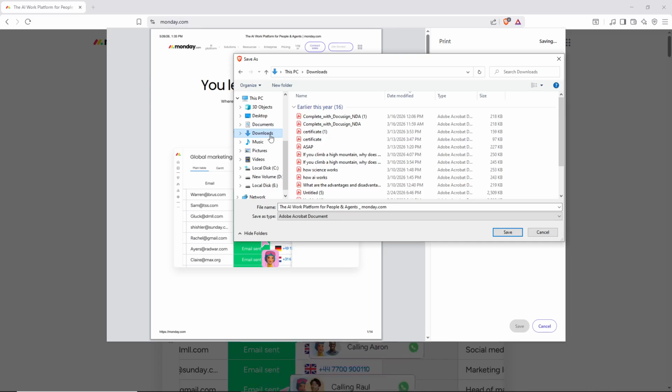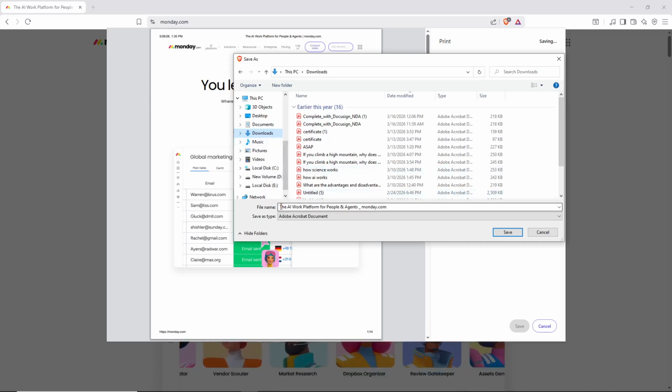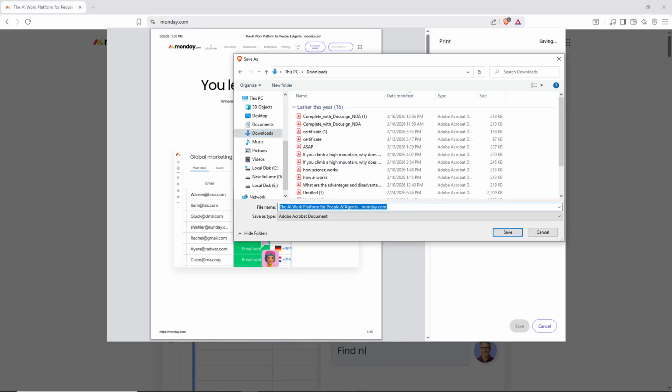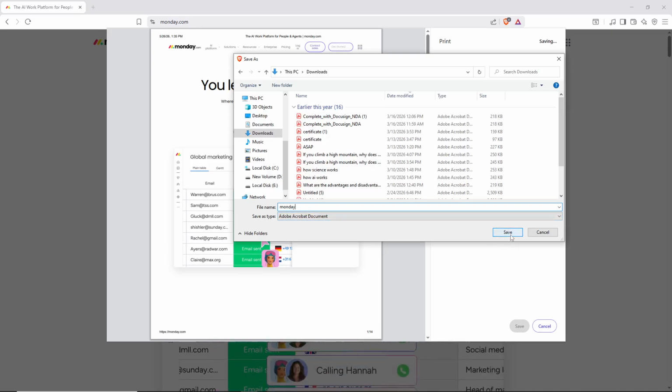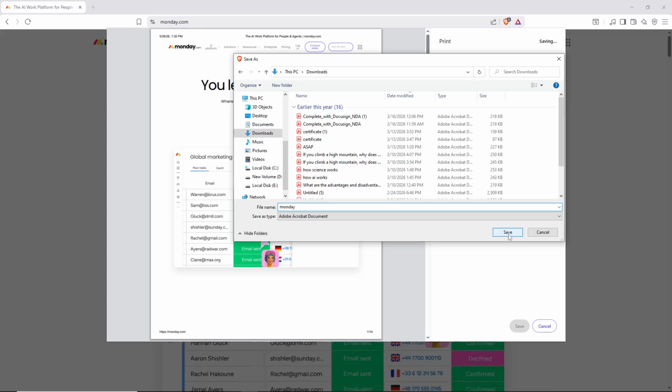Before finalizing, look at the file name box at the bottom or top of the window depending on your operating system. You'll see a default name there. Click in this box and change the name to something more descriptive that you'll easily recognize later. Finally, click the Save button one more time to complete the process. Your web page is now saved as a PDF file in your chosen location, ready to be accessed